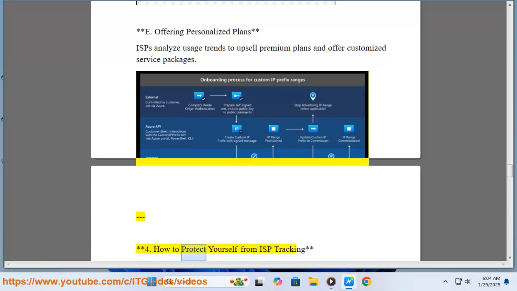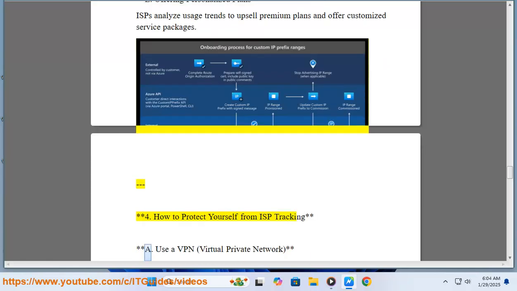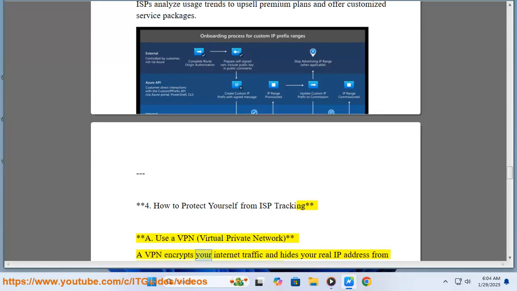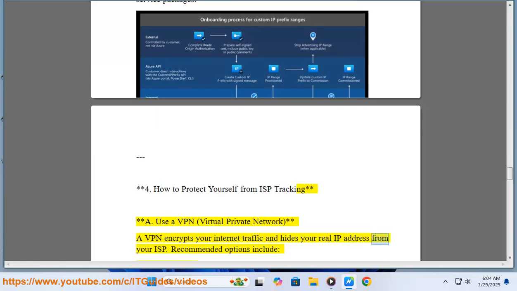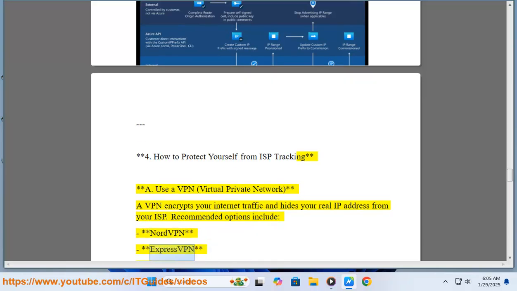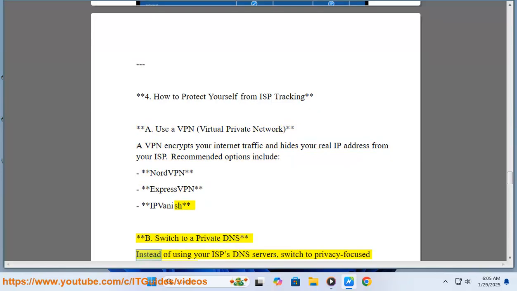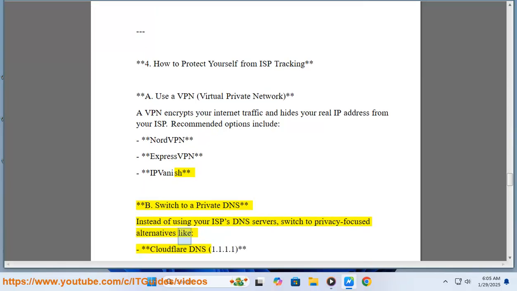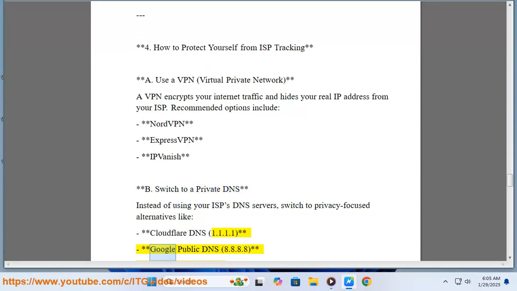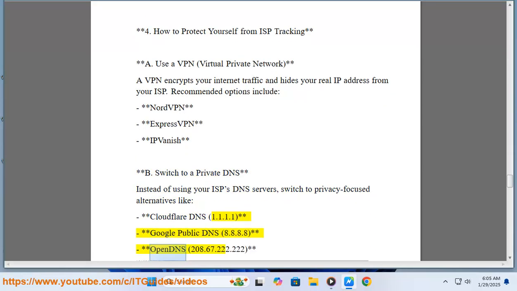4. How to protect yourself from ISP tracking. A. Use a VPN, virtual private network. A VPN encrypts your internet traffic and hides your real IP address from your ISP. Recommended options include NordVPN, ExpressVPN, IPVanish. B. Switch to a private DNS instead of using your ISP's DNS servers. Switch to privacy-focused alternatives like Cloudflare DNS 1.1.1.1, Google Public DNS 8.8.8.8, OpenDNS